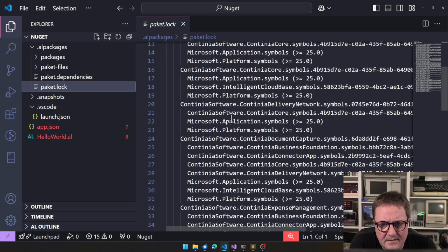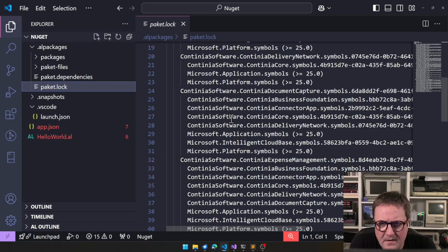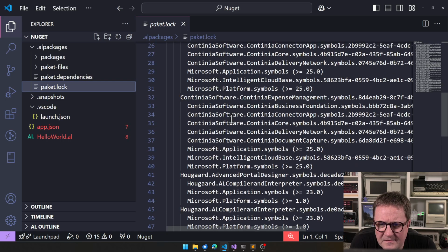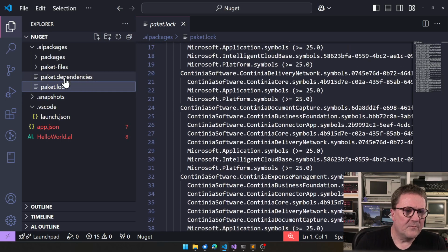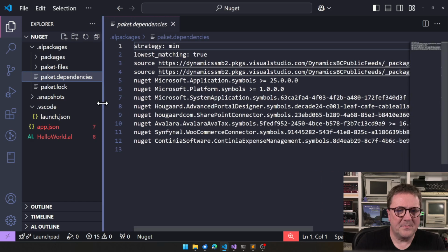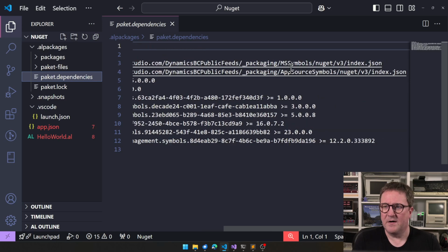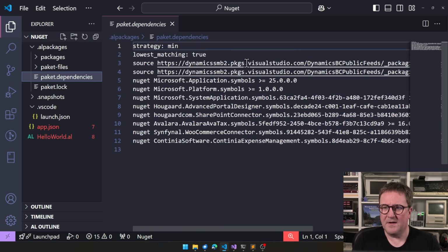That's a file with... is it trying to figure out dependencies? Maybe. We have a file called packet dependencies. Strategy minimum, lowest matching true, source. So this is actually where, so I think if we grab this